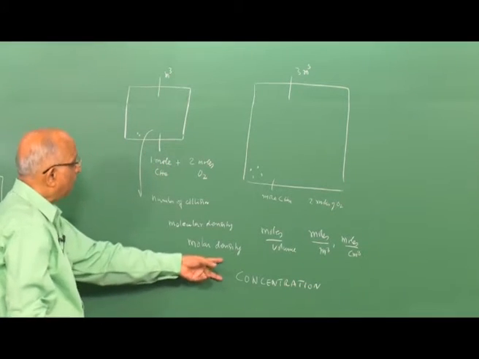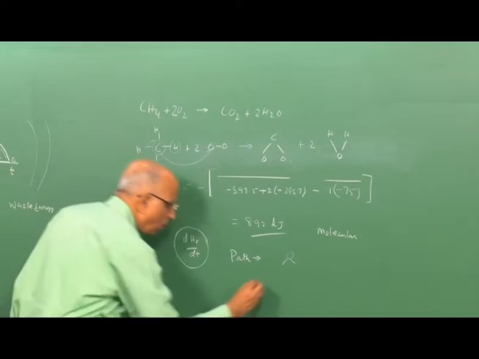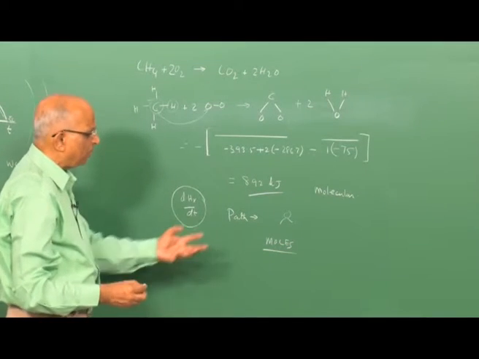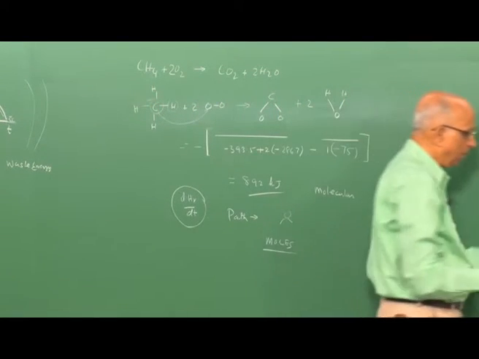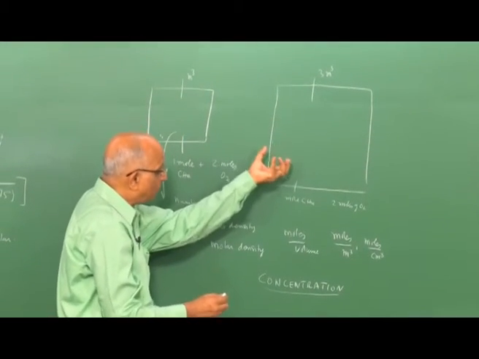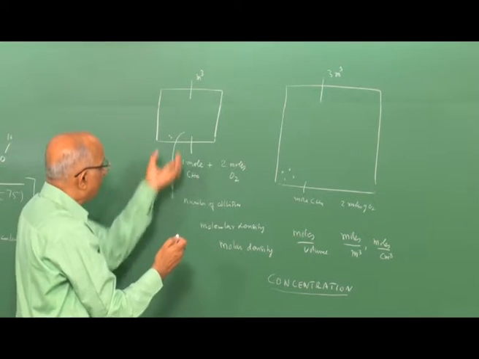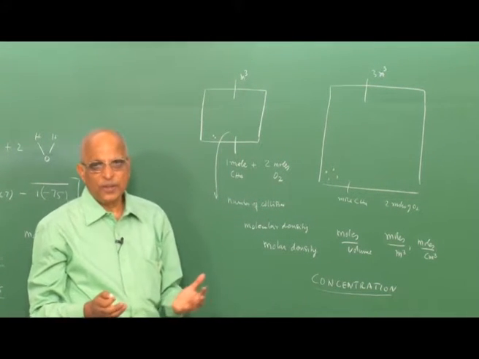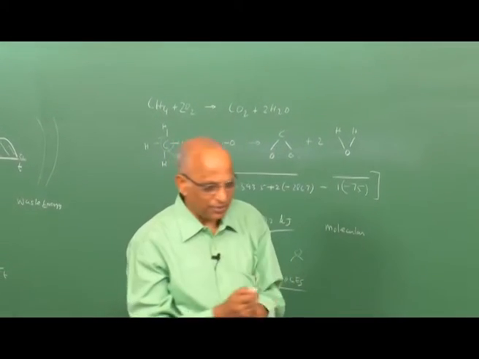Therefore, when we evaluate the energy release from a chemical reaction, we talk only in terms of moles. We talk in terms of moles of reactants, their heat of formation in the products, in the reactants. When we talk of rate of chemical reaction, we have to talk in terms of concentration of the reactants, concentration of the products if you want to go from products to this. But if you are interested in reactants going to products, the concentration of reactants is necessary. Therefore, compared to moles, we will talk in terms of concentration.